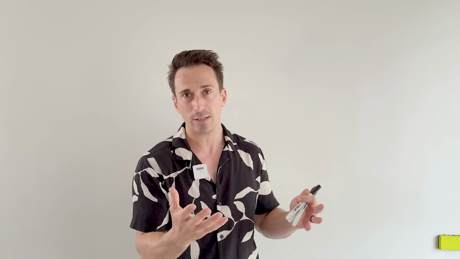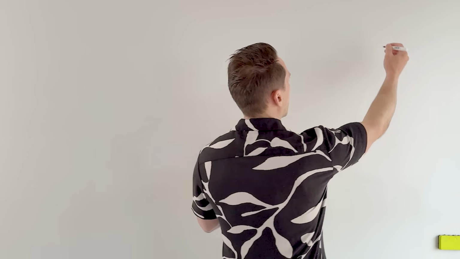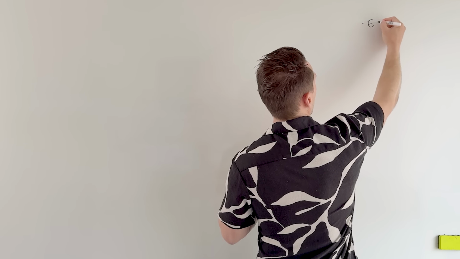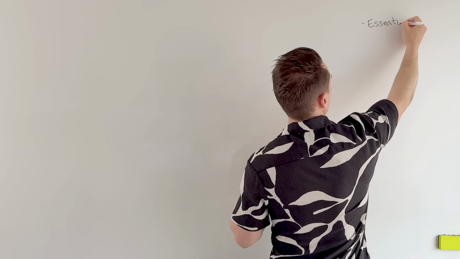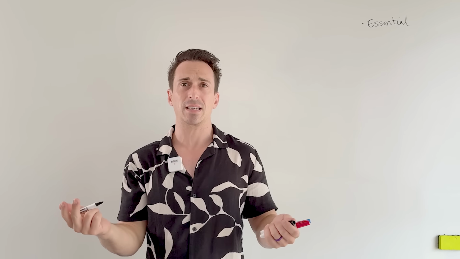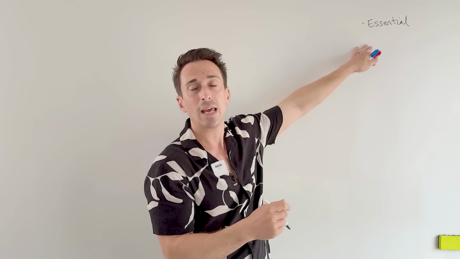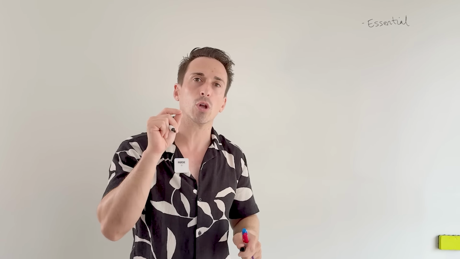All right, so to begin, we need to define what a vitamin is. A vitamin is an organic compound, meaning it's carbon-based, right? And we require it for survival. It's essential. So if we were to write down very quickly some important points, vitamins are essential for survival. Now you could argue, well, yeah, so are proteins, fats, and carbohydrates. Okay, another definition of a vitamin is that we need them in small quantities.